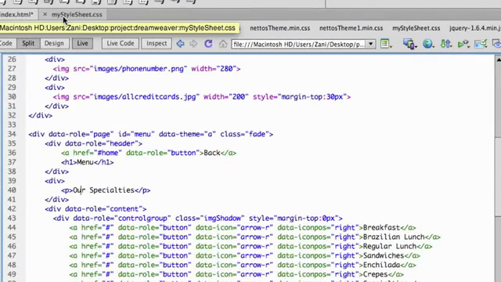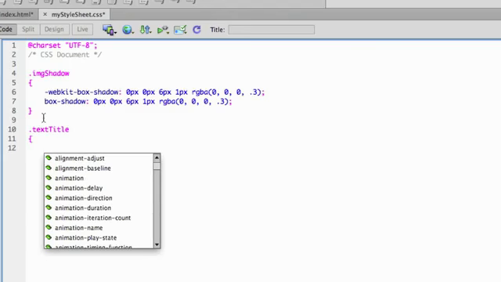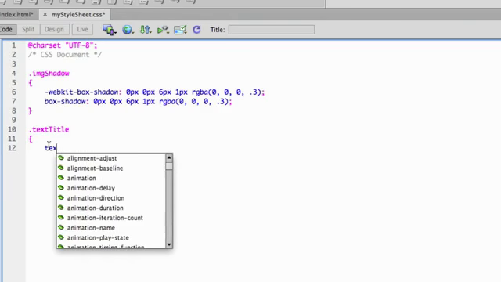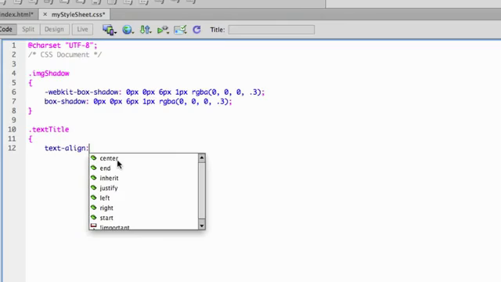So let's go to my style sheet.css, enter to keep organized, dot to tell Dreamweaver that this is a class. All right, so let's call this text title. Great. You see, Dreamweaver is gonna help you with the code. So we're gonna first center this text. So text align. Look how easy this is. Align, center,